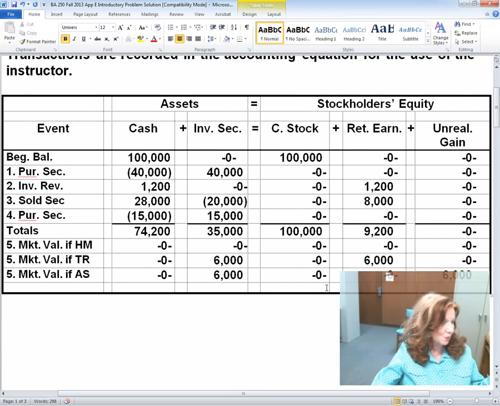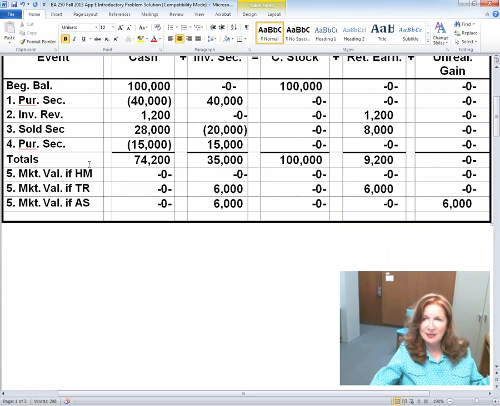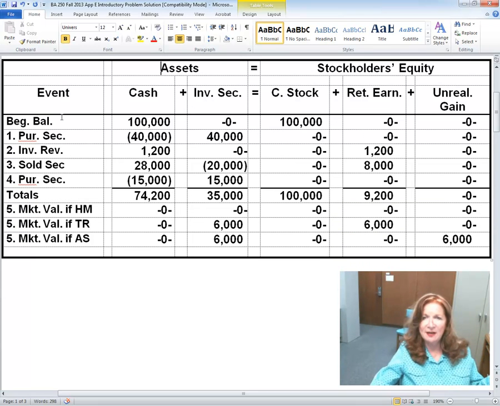As we look at the vertical statement model, what we have is a beginning balance. Here's the beginning balance. Here's the $100,000 in cash and the $100,000 in common stock. The first entry is a purchase of securities. So cash went down by $40,000 and investment in securities went up by $40,000. The second one is there was a cash revenue. Now, whether this was cash dividend or cash